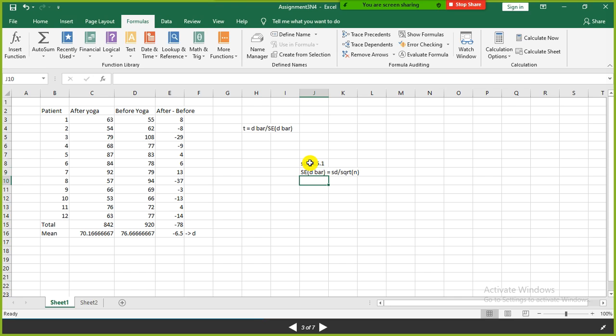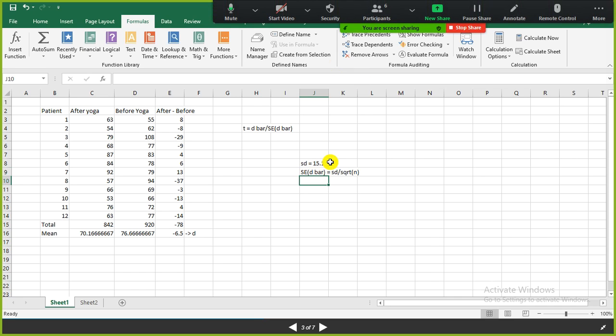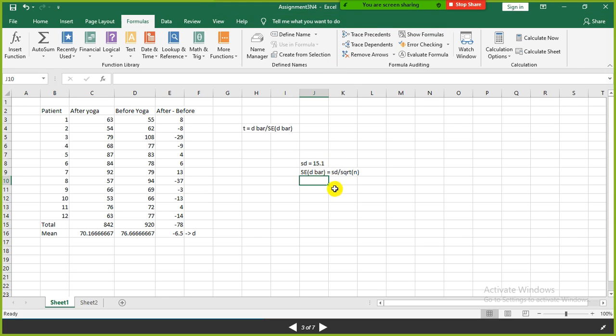So in this case, the standard deviation is 15.1 divided by the square root of n. What is the number of samples here? 12. So all put together you will get 4.37. This is the value you will get.